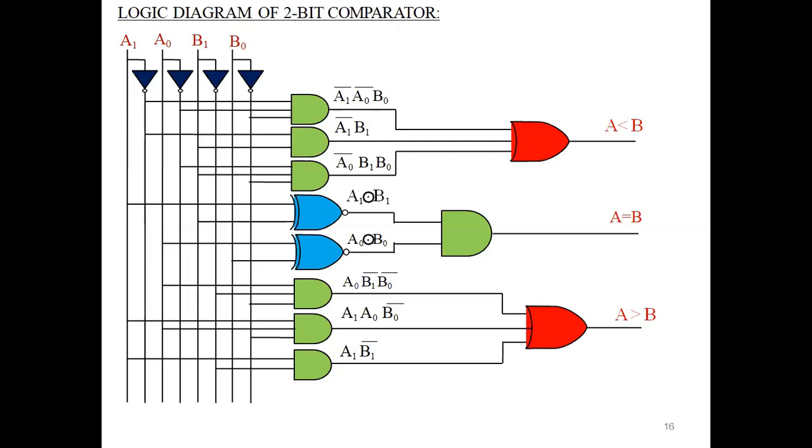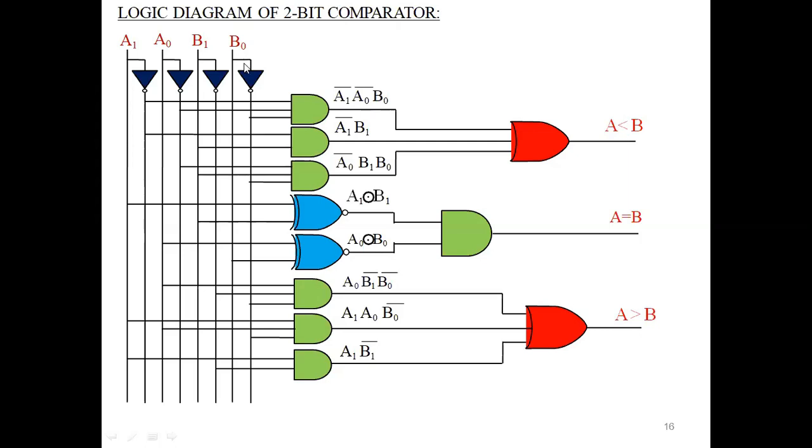Values that is less than, greater than, or equal to. But from the system point of view, it will convert totally to zeros and ones. It will check by using the magnitude comparator. So here A value, assume that it is 3 and B value assume that it is 3. So here which bit comparator? 2-bit comparator, and A1 value 1 and A0 value also 1. B1 value 1 and B0 value also 1.